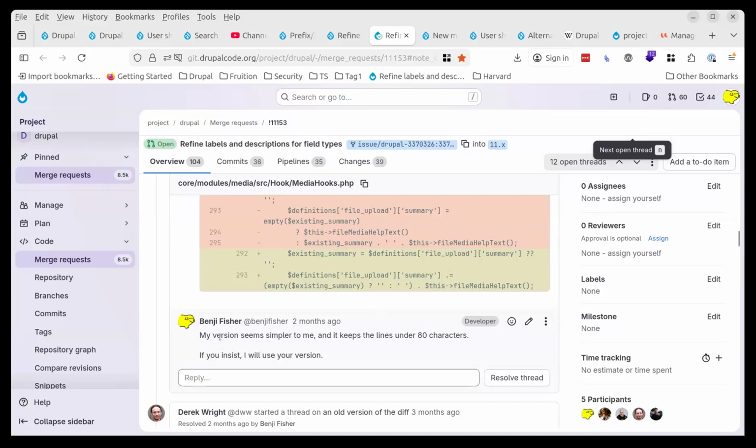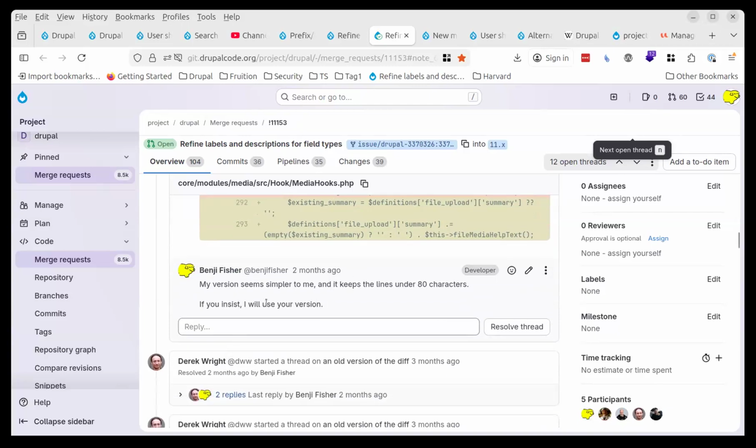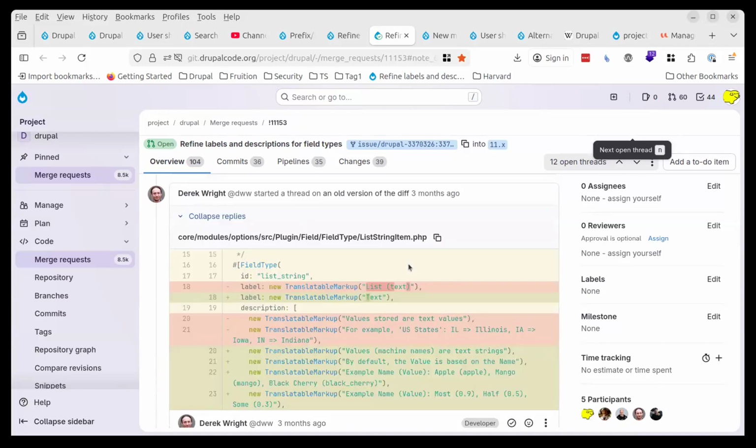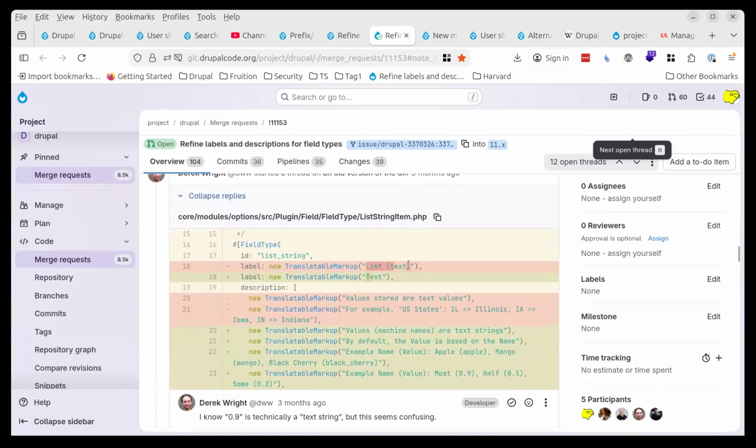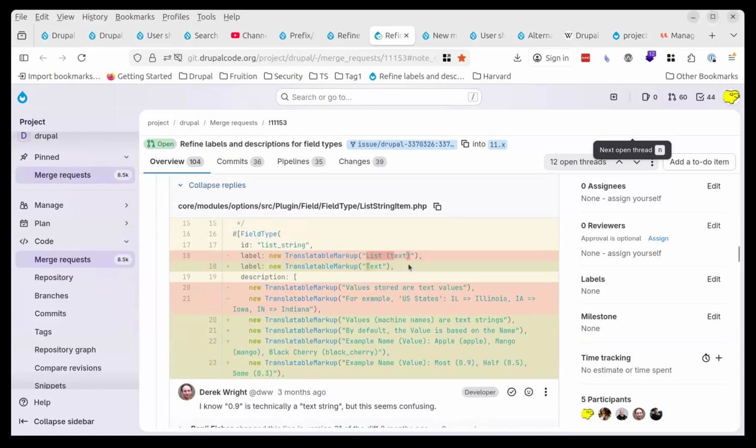A couple of months ago, I wrote that I prefer my version to the suggestion, but if the reviewer insists, I would change it. Although Derek Wright re-reviewed this just yesterday or the day before, he left this one alone, but I don't think that we need to discuss that as part of this meeting. I'm willing to do it his way if he insists. The next one